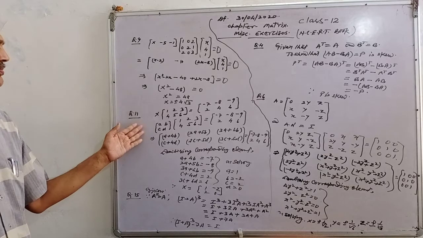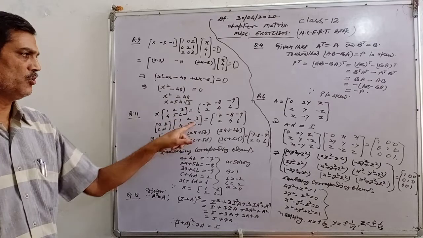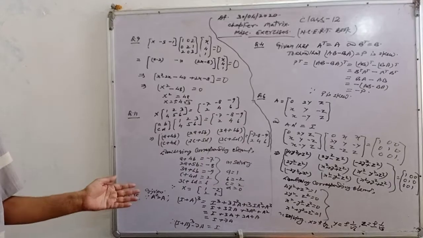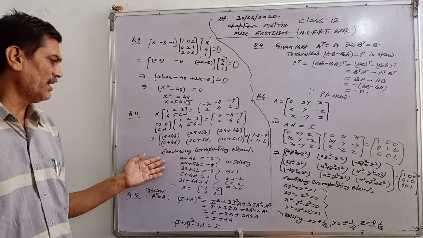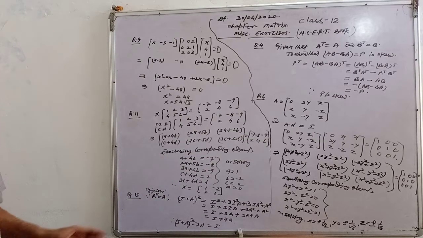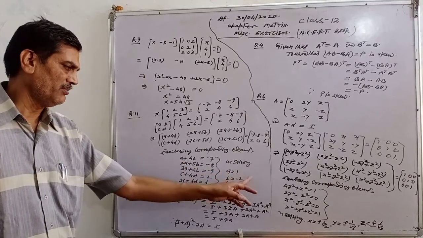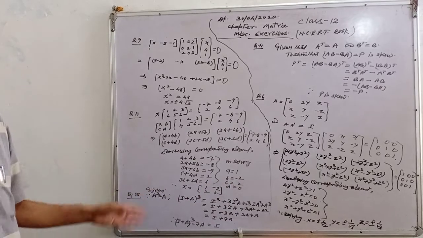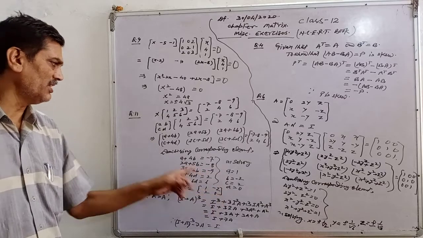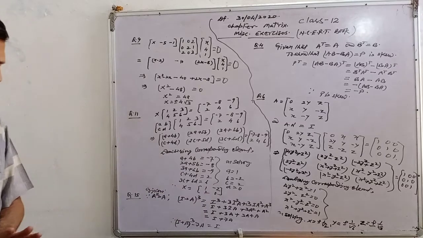So you can assume the unknown elements A, B, C, D, and when you multiply this, you obtain this matrix. So after multiplying, you get these elements, and when you equalize their corresponding elements, you get many relations in A, B, C, D. Solving them, you will get the values A is 1, B is minus 2, C is 2, and D is 0. So therefore the matrix X, putting the values of A, B, C, D here, is 1, minus 2, 2, 0. This is the result.